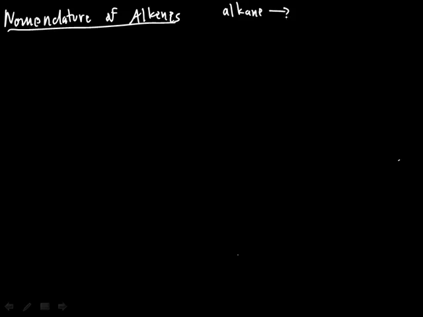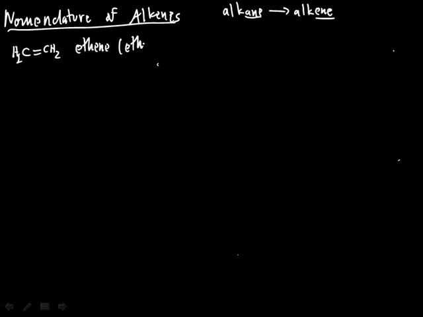Nomenclature of alkenes is a relatively straightforward extension of nomenclature of alkanes with several important additional rules. The first rule is that in order to get the name of an alkene, we're going to take the name of the corresponding alkane and then subtract the -ane suffix and replace it with -ene. To illustrate this, the simplest alkene would be ethene,